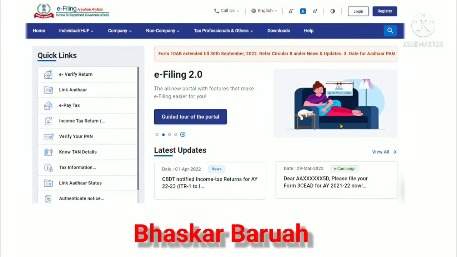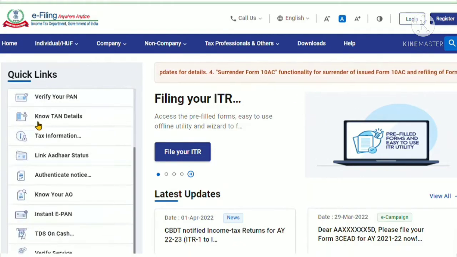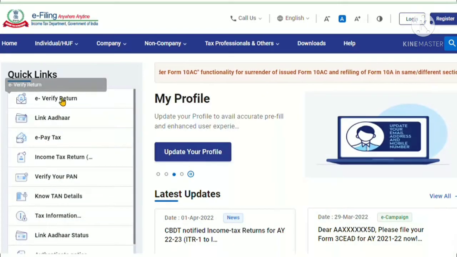Today in this video we will look at the new ITR filing portal, or e-filing portal we can say. It looks like this, and on the front page you can see the information over here, the new update, and on the left hand side you can see there are various other links,